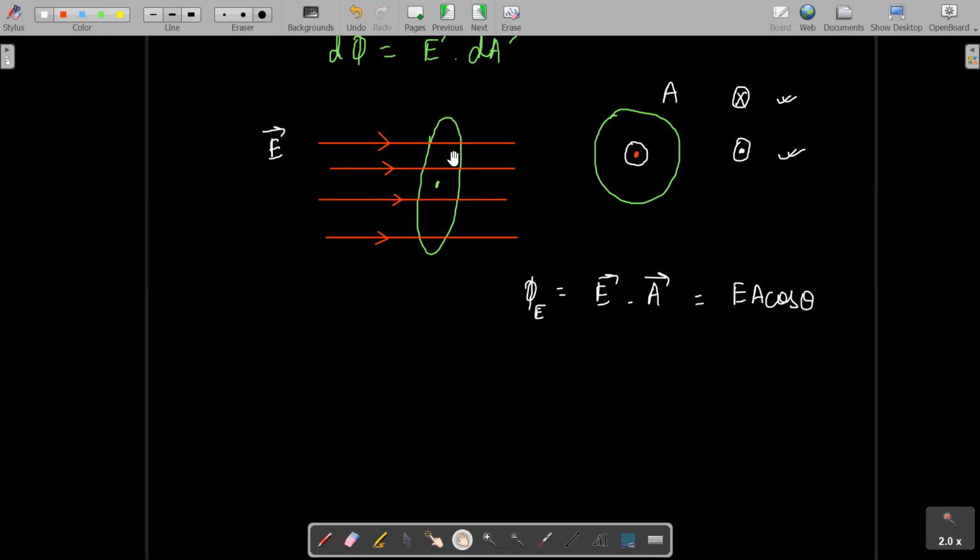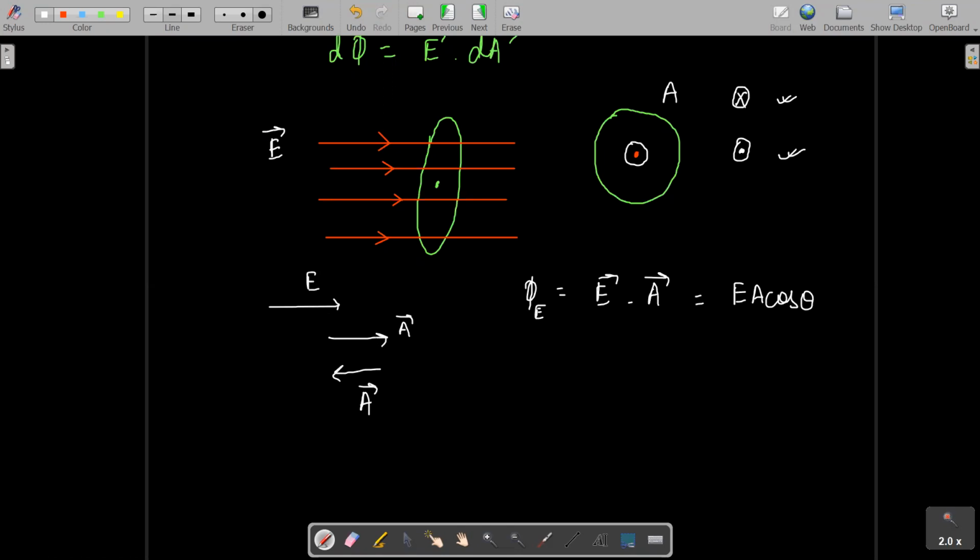Okay, for the whole problem, students. So if we are calculating electric flux through this area, electric flux will be E into A into cos theta, where theta is the angle between the electric field vector and the area vector. So it is better for us to make the angle between the electric field and area simple. Actually the electric field is in this direction, students, and the area vector could be in this direction, or this could be the direction of the area vector. So which will be simpler for us to use?